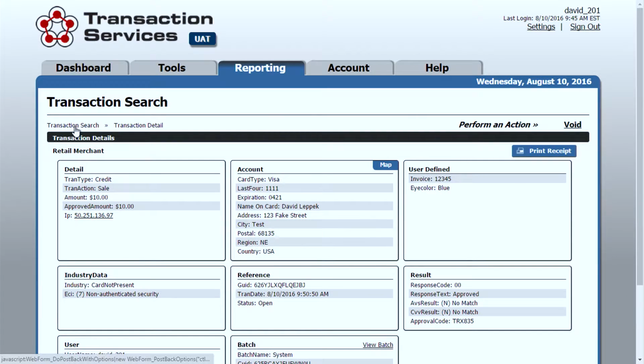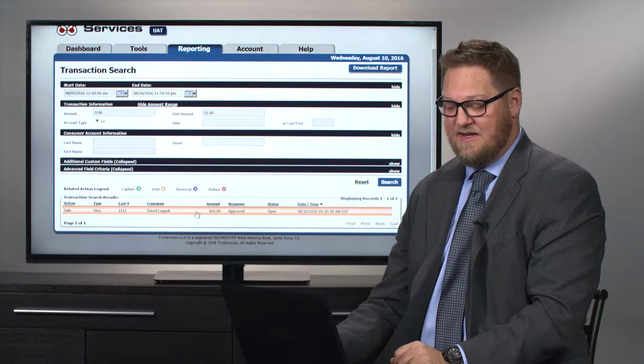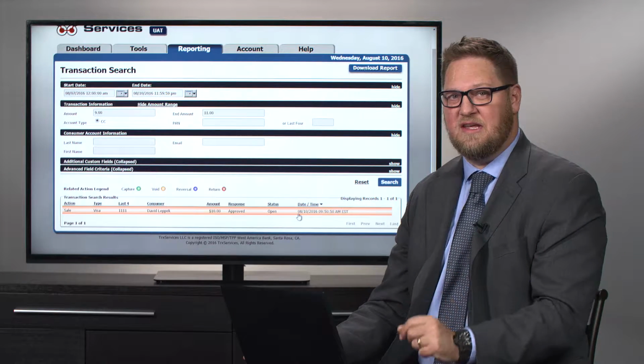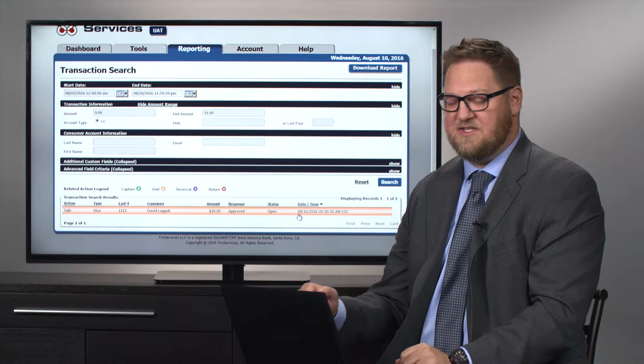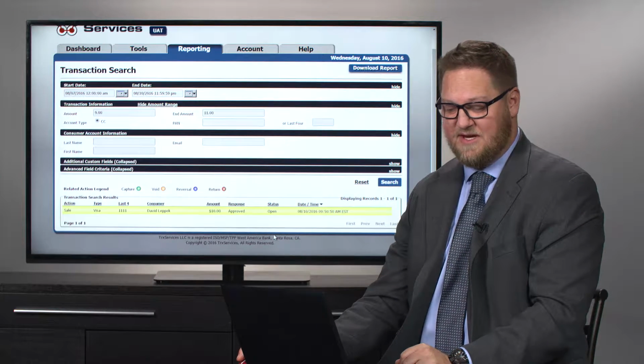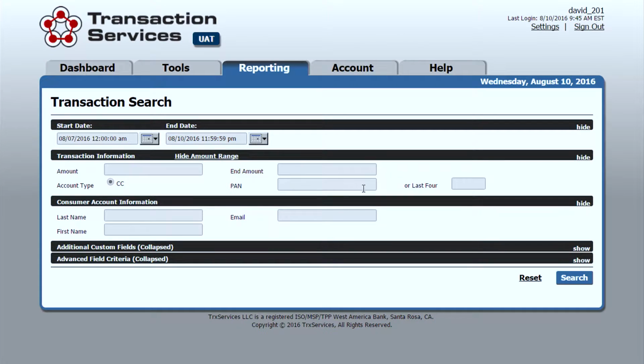From the transaction search screen, you can always go back to the search results by clicking on the top left corner where it says transaction search. And by doing that, it shows you the results that came back from that previous search. If there's only one search result, the system will automatically open that to let you see the details of that transaction. You'll also notice that we give you within the transaction information the ability to search for the entire PAN,